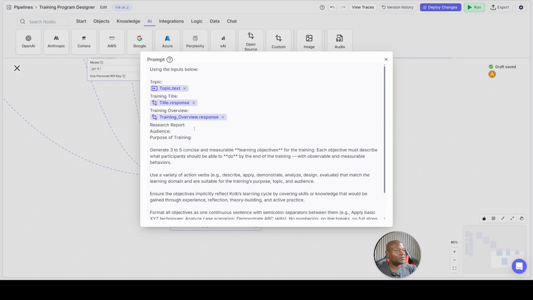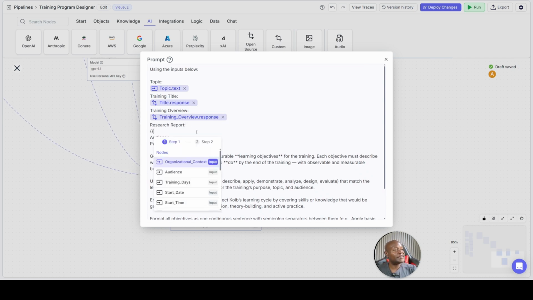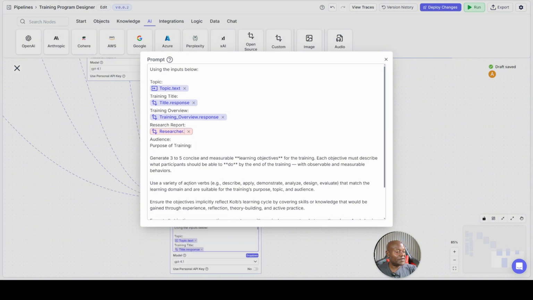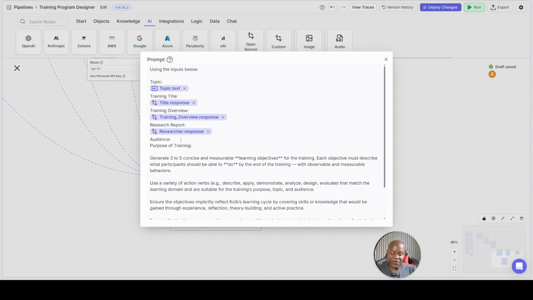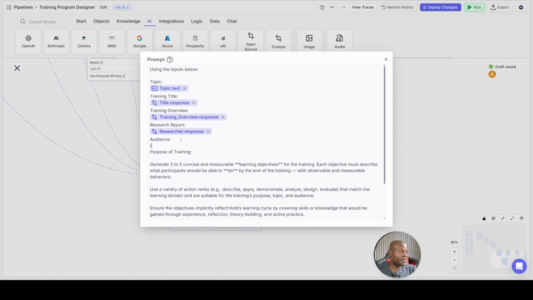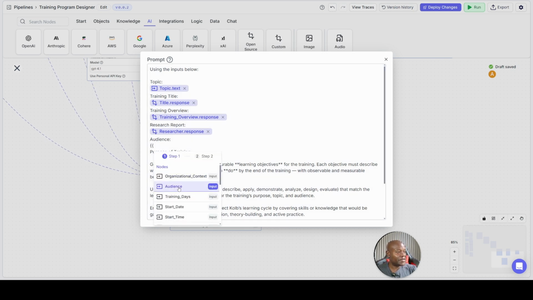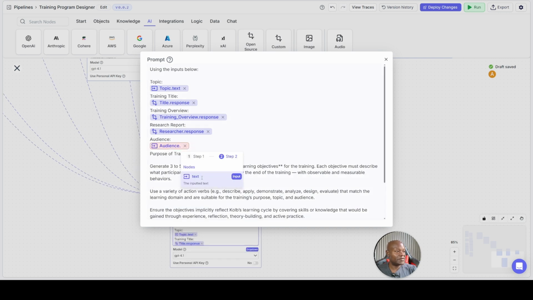We select the response from the LLM again. Research report: we tasked one other LLM to do research for us. We call it researcher, and we capture this input as the research response. We had the audience that the user defined. Who are we training? We capture that so that the purpose of the training is targeted towards the audience